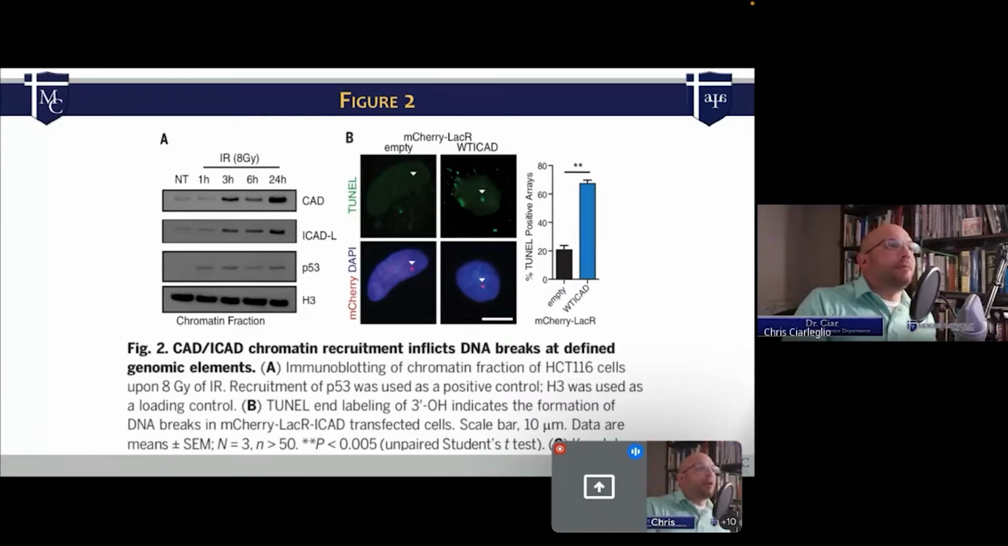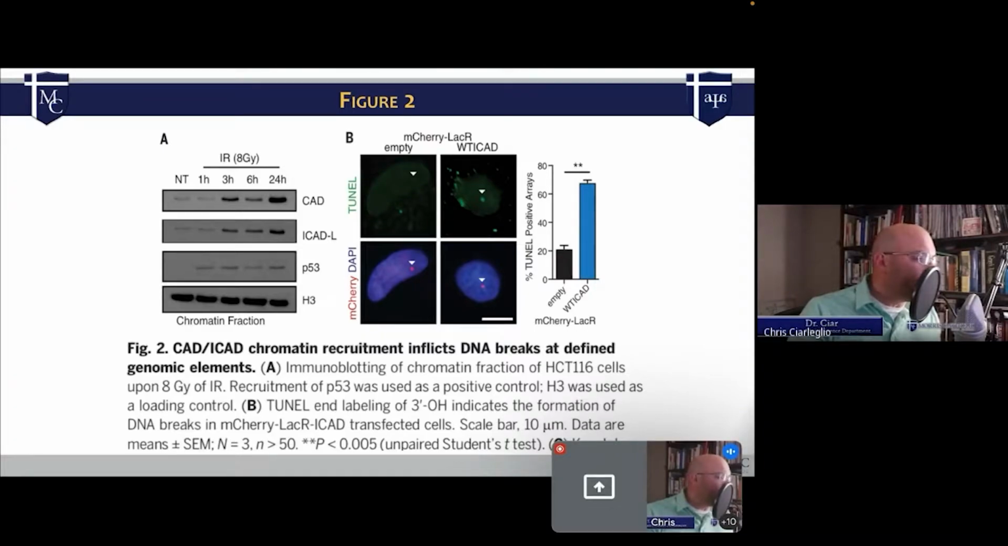Well, do the DNA breaks translate to apoptosis? Like, do they mean that apoptosis is happening? If you're seeing TUNEL, it does, yes. All right. But